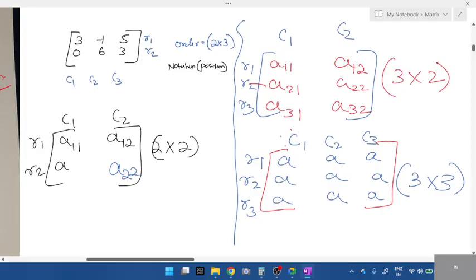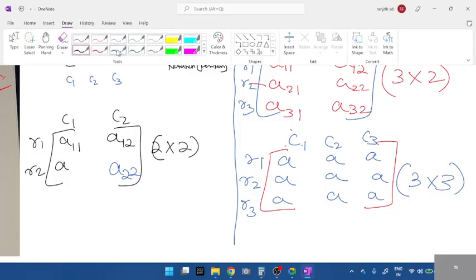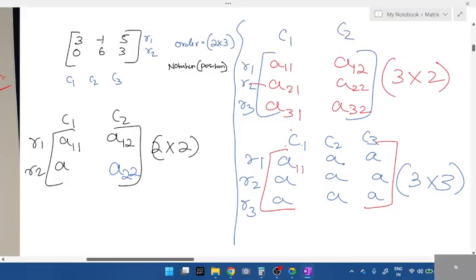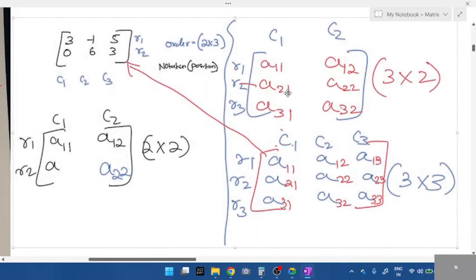Tell me the order, students. What did you all write? Next, A12, A13, A21. Compare it. A22 and A23. Next, A31, A32, A33. Now this we need to compare with the notation with this, students. Main question. Is this clear? Notation. All of you understood what is notation of position? How to find? Done with this?